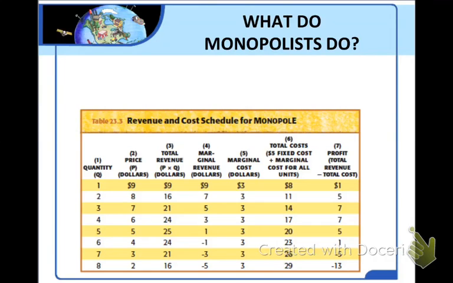A monopolist, however, is different. They have no competitors. Anyone who wants to buy the monopolist's product must buy it from the monopolist. This advantage affects the monopolist's behavior. Because it does not face competition, the monopolist has the power to raise its price without necessarily losing all its customers, like would be the case if they were in a perfectly competitive market.